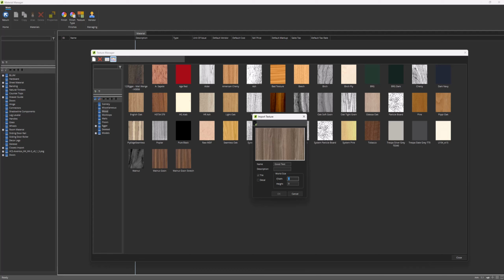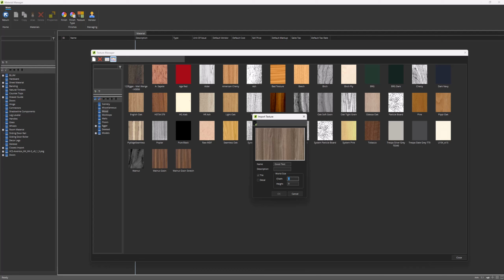Now the type of texture that we'd use in this particular situation, and I'm just going to switch to a browser to show you this one, is what we call a seamless texture, and that's a texture that can be repeated over and over again to make up a complete pattern. If we look at some examples of non-seamless textures and what they look like once they're tiled, you'll see on this one, for instance,